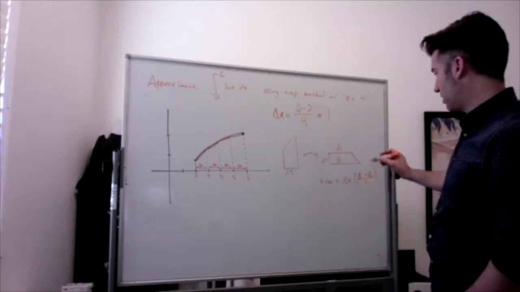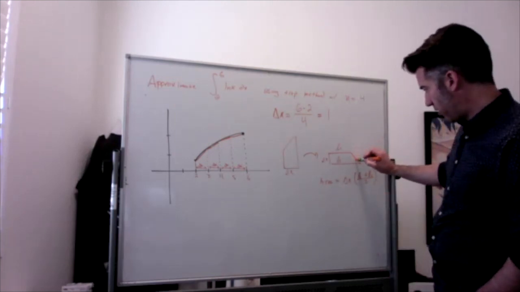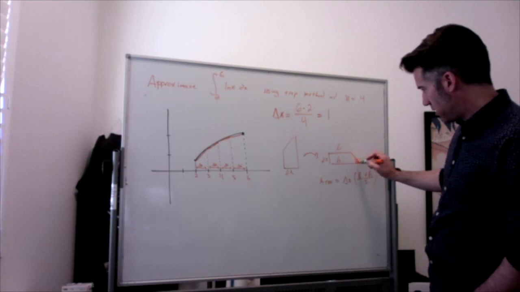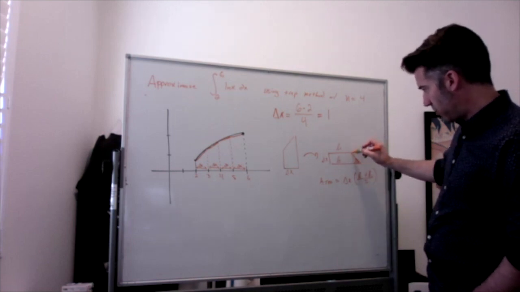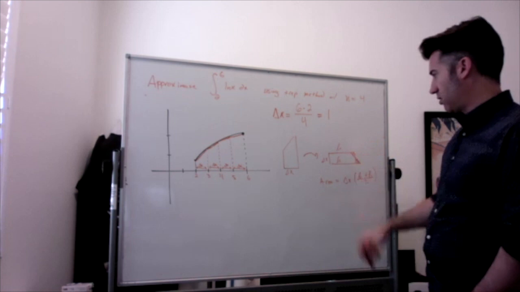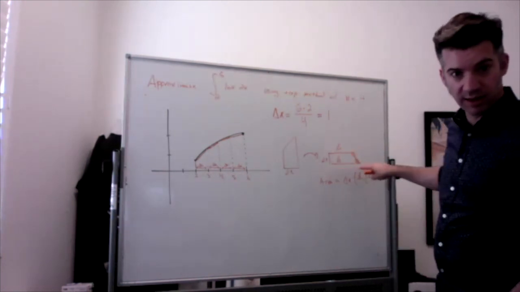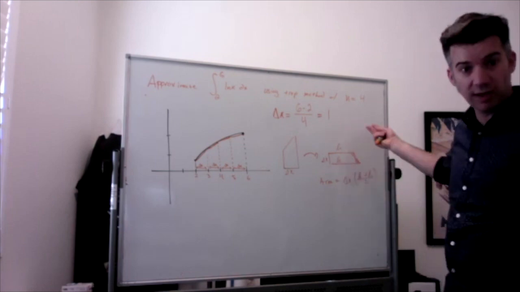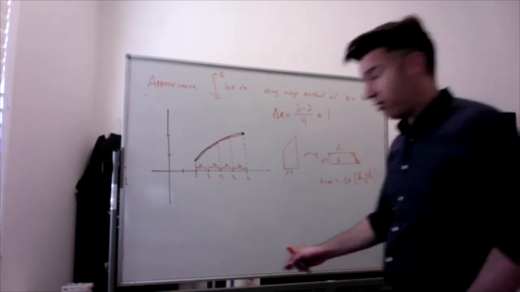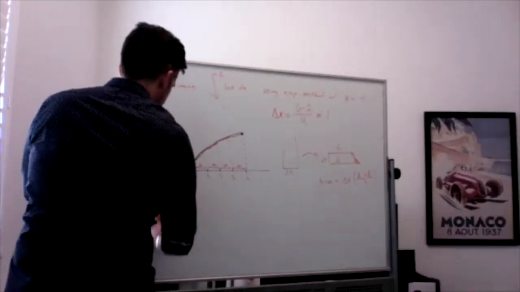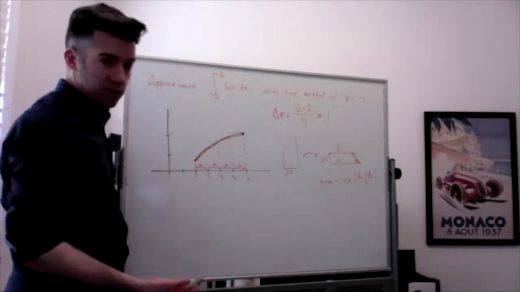And the way you can think about that is if you cut this little triangle part off here and swivel it around to being up there, you get a rectangle. And the height of the rectangle is delta x, and the length of the rectangle is the average of those two lengths. So if I want to find the area of each trapezoid, well, the area of each trapezoid is